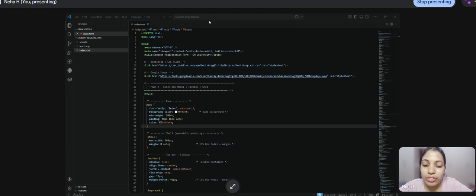Today I'm presenting my project on the student registration form. This project was developed in different versions. The first version is created using HTML, CSS, Bootstrap, and JavaScript, and the next is created using React.js. The main objective of this project is to create a simple, modern, and user-friendly system for collecting the student personal